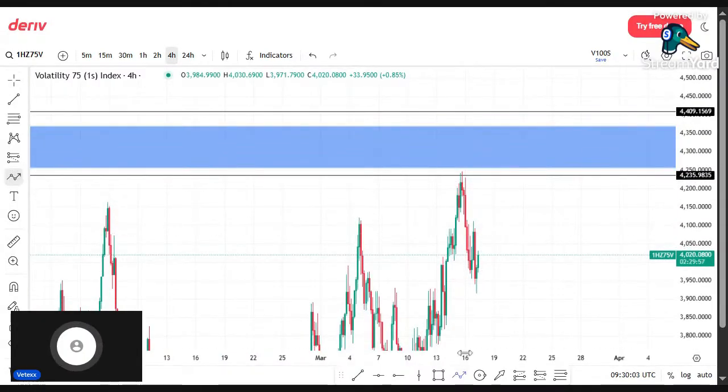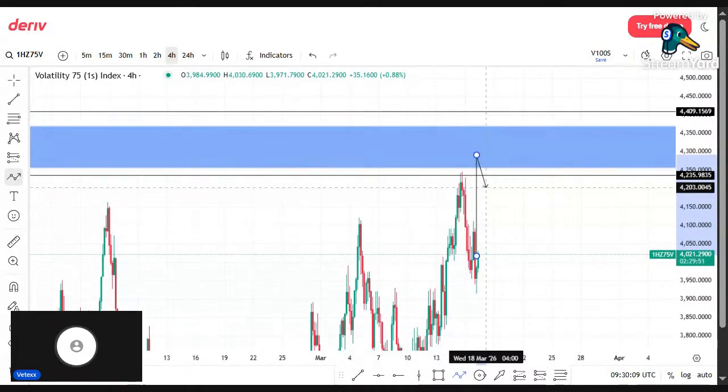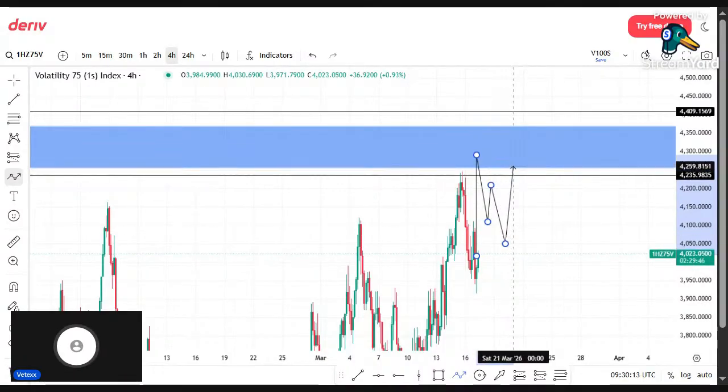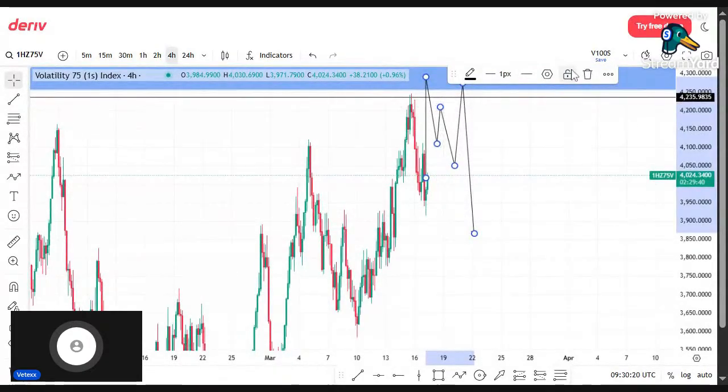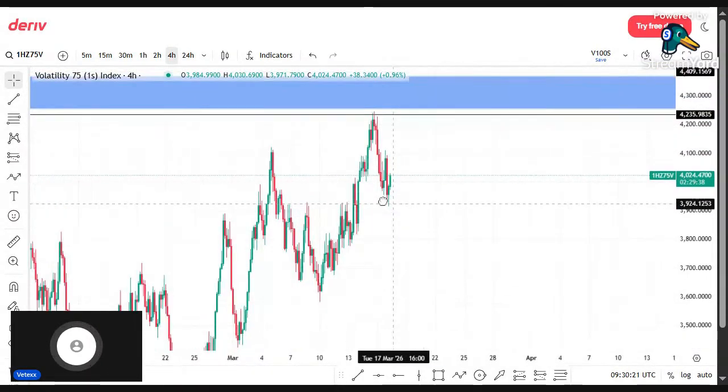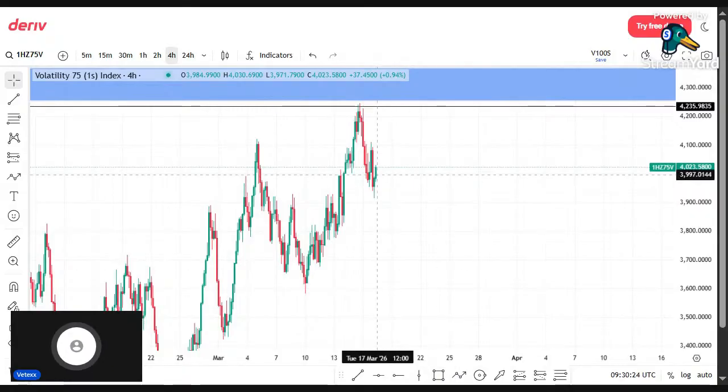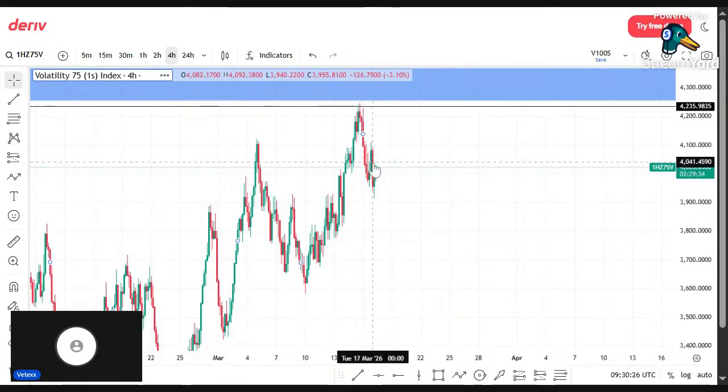So the only way we take a sell on V75 one index is until it comes back into this zone, all right, and then gives us something like this. We move this way, and then we'll be able to take the sell to the downside on V75 one index. And if that doesn't happen, we will anticipate unless price starts selling to the downside,